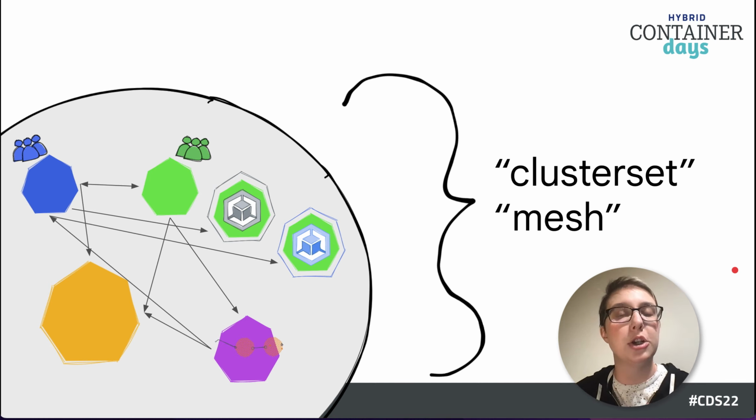So cluster set is a word that's widely used in SIG multicluster. It has a very specific definition for the work that we're doing in SIG multicluster about a set of clusters that have some sort of shared trust amongst each other, and some of the other standards that come out of SIG multicluster fall out from that. Mesh is another term that people use to refer to this idea, and that particularly comes through from all the service mesh technologies that are really focused on service discovery as a layer on top of different Kubernetes clusters or Kubernetes clusters plus other types of endpoints.